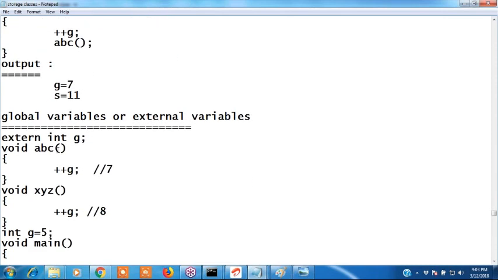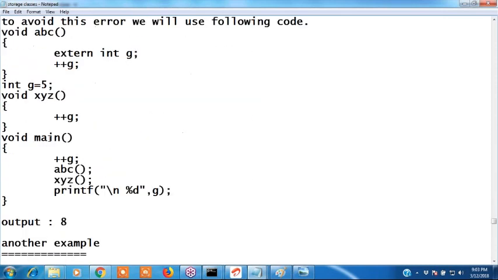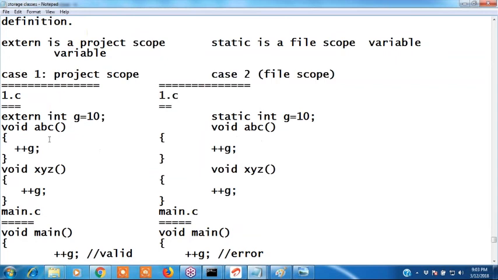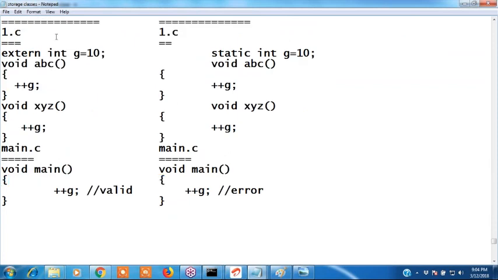Yeah, same programs are there. Extern also is there. Okay, you understood, right? What is extern and static? Static is a file scope, extern is an application scope variable, right? Application means you can use it in another program. See, an extern variable declared in 1.c we can use in another program also. If it is static, we can't use it. In extern, we can use it.